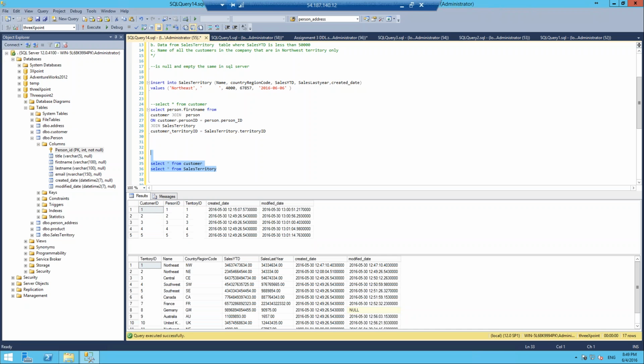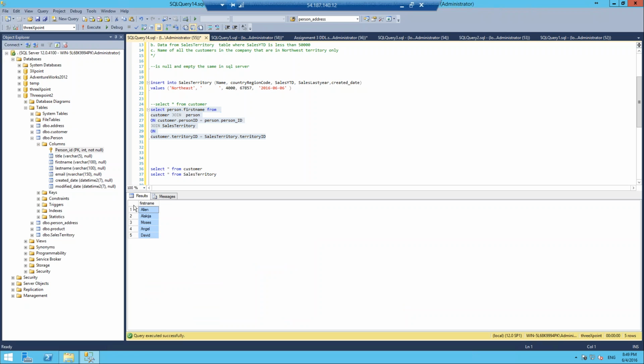We're having a syntax error here. Person ID join sales territory. That's the name of the table. Oh, okay, I've seen it. On these two columns. So you see,